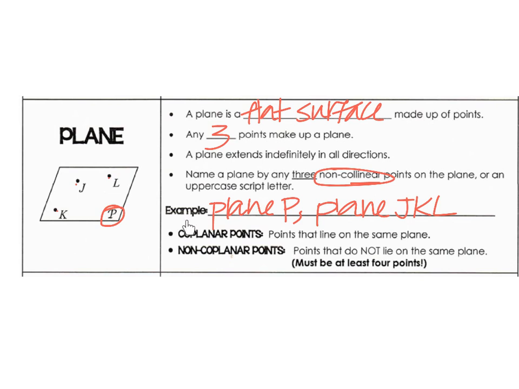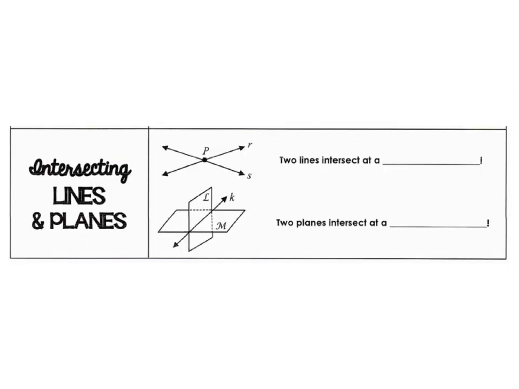Now, coplanar points are points that lie on the same plane. Non-coplanar points would be points that do not lie on the same plane. So if we had another extra point over here that was on the outside of our plane, let's call this point M. That would be non-coplanar points. J, K, L, and M would be non-coplanar. All right,